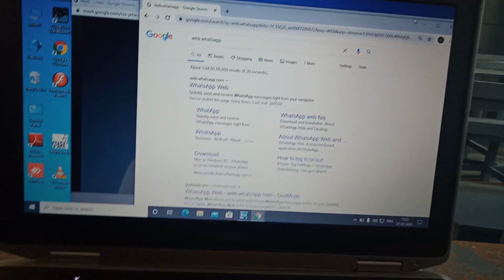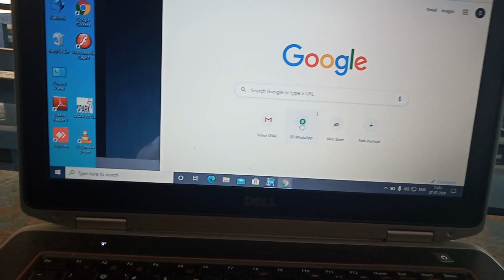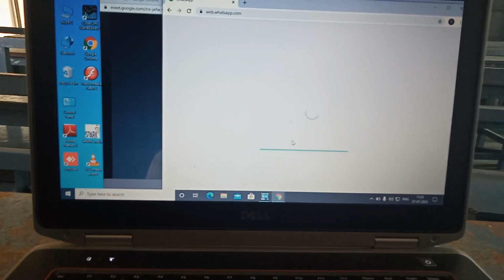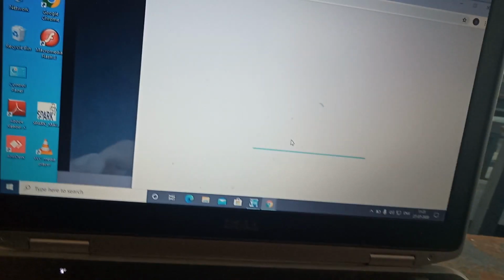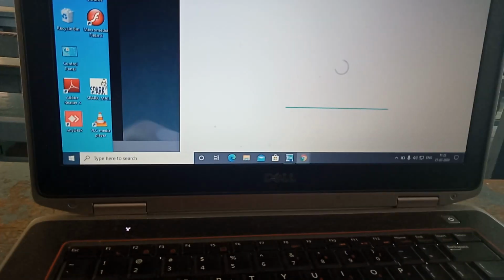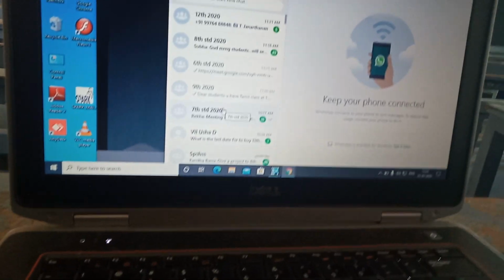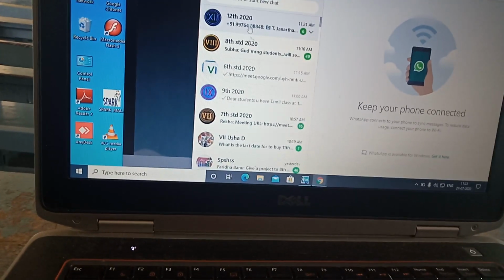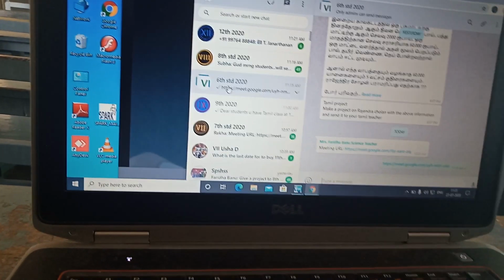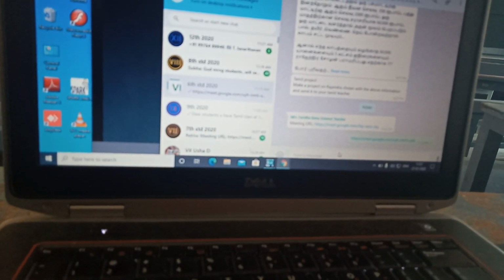So you can just click on that WhatsApp icon. So you see here, click on that. If you click on that, what all WhatsApp contacts are there in that particular number of this mobile phone, you can get all the numbers here. So you can easily get this. Now this is 6th standard. In the 6th standard I am going to paste the link.